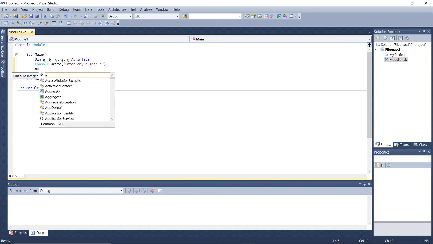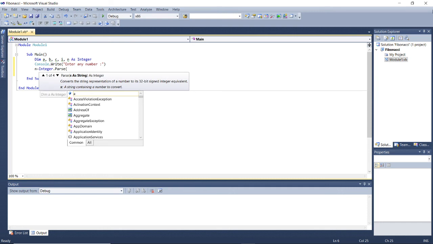So n is equal to Integer.Parse of Console.ReadLine.